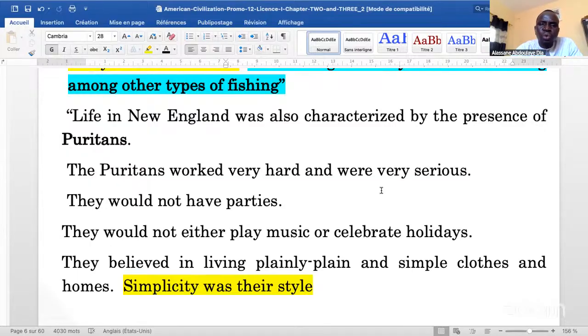The Puritans were very present in New England. So, in the New England colonies, life was marked by the presence of the Puritans. Who are the Puritans? Let me tell you. They are